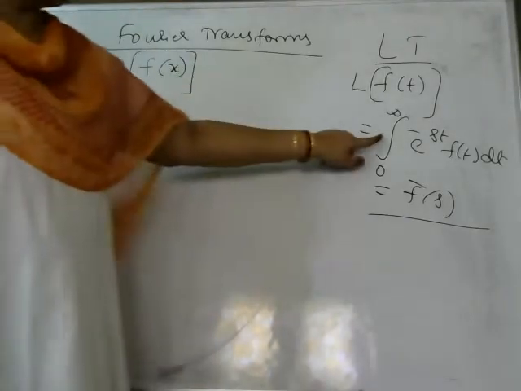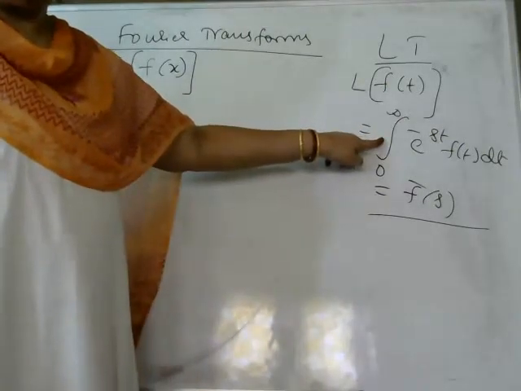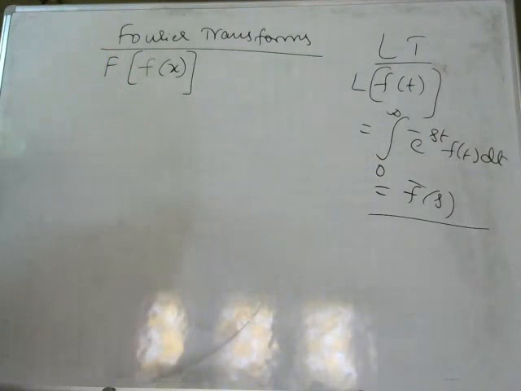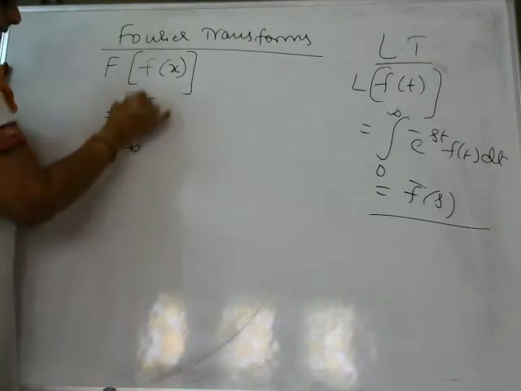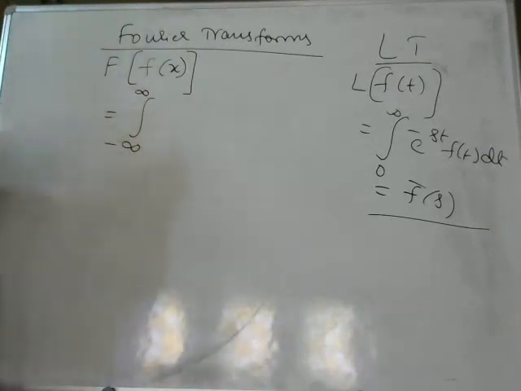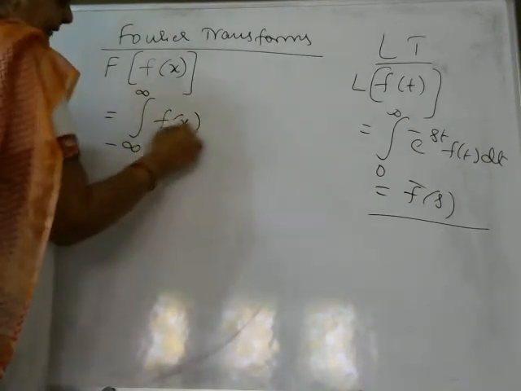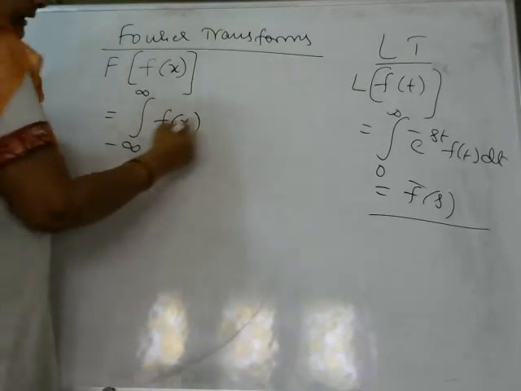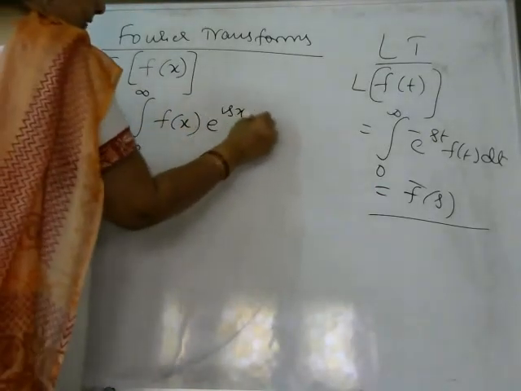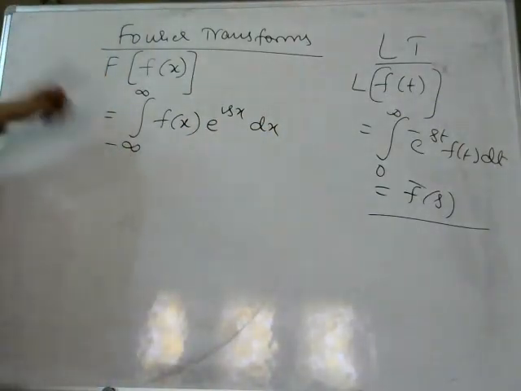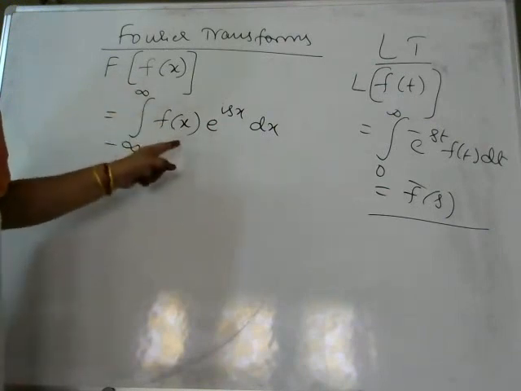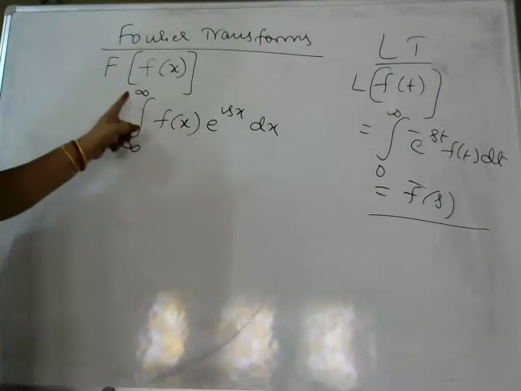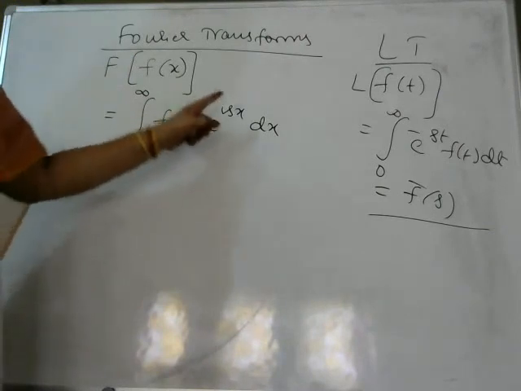In the case of Laplace transform, we have used this integral value to evaluate the Laplace transform of the function. In the same way, this also can be evaluated from the value of the integral, which is integral minus infinity to infinity. See the limits. The limits of the integral value we are taking from negative to positive of f of x. This f of x is the function whatever we are asked to find, into e to the power of isx dx. So if you replace the value of f of x by different functions, we get Fourier transforms for different types of functions over here.